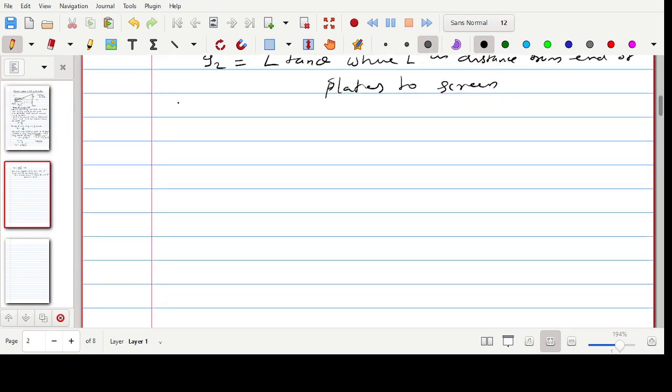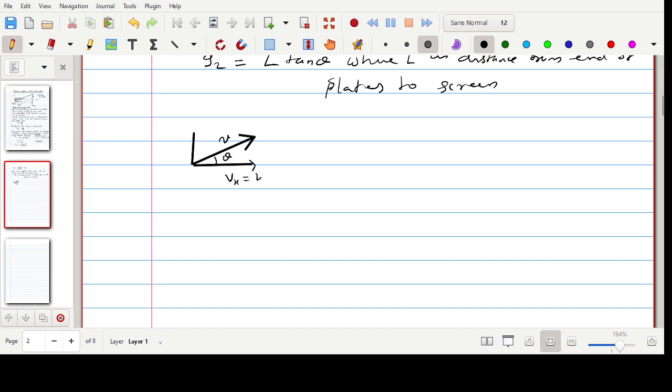So we are having velocity v along this direction. This will be having a horizontal component and a vertical component. Now this is velocity v, this angle is theta, and its horizontal component